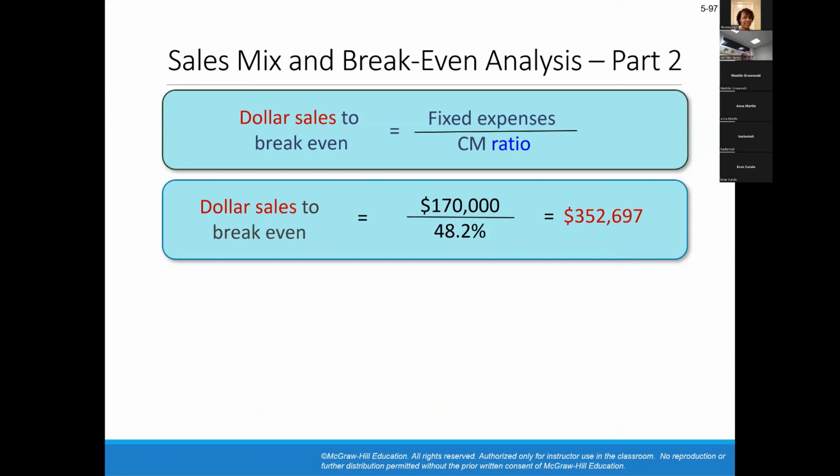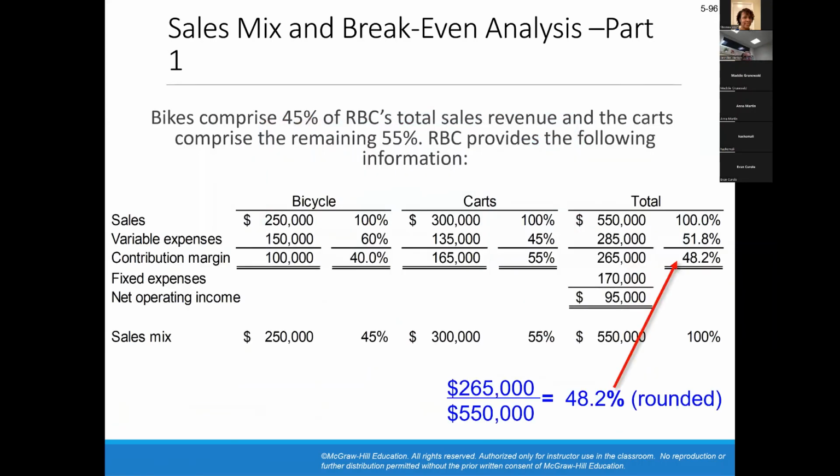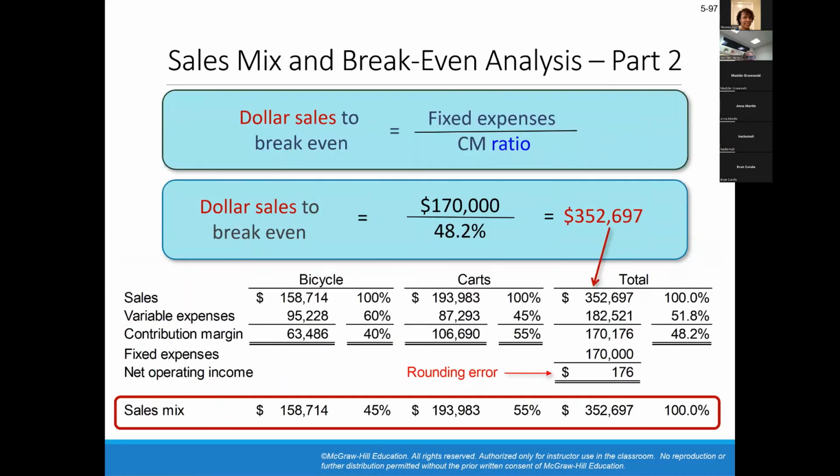Okay, so where's the previous one here? This was our previous sales. We know here that we had fixed expenses of 80 and we made like 20. I guess the difference would be the cart's fixed expense, because now they're saying that the fixed expense is 170,000 and we only had 80 originally. So a little bit different. Now it's showing what that sales mix looks like when we're trying to have a dollar sales to break even. We're just trying to cover that fixed expense of the